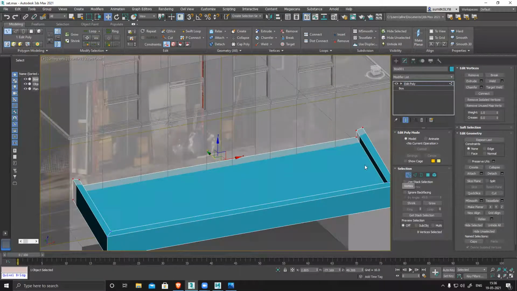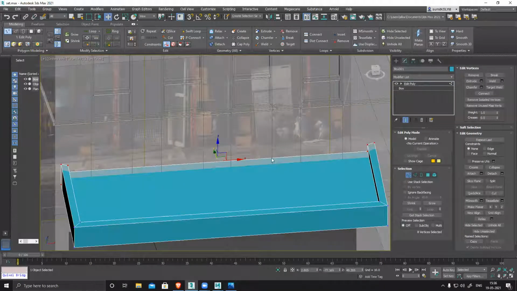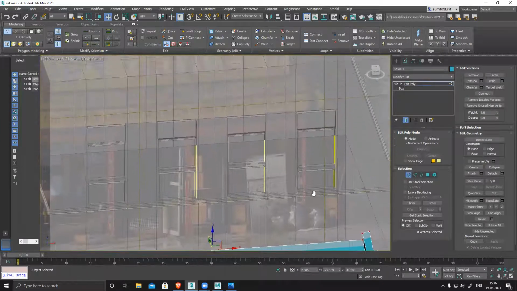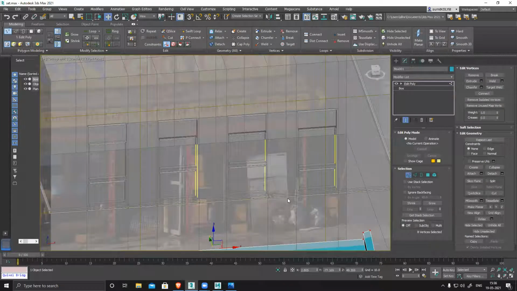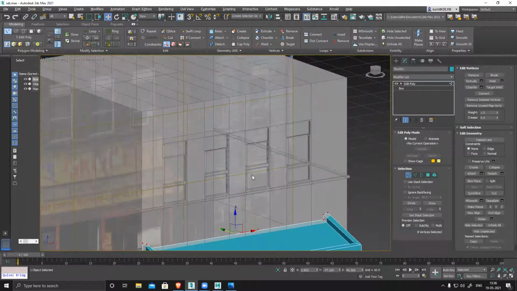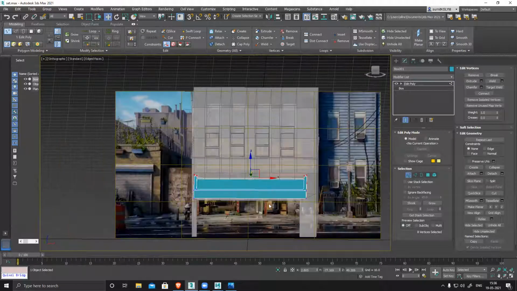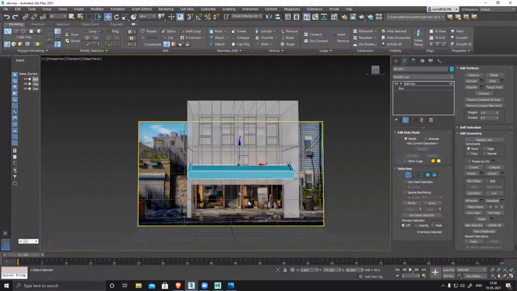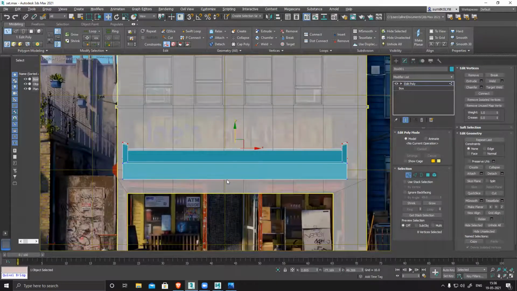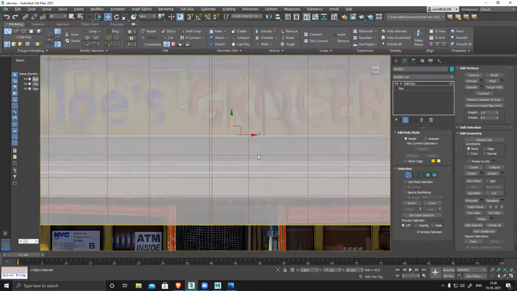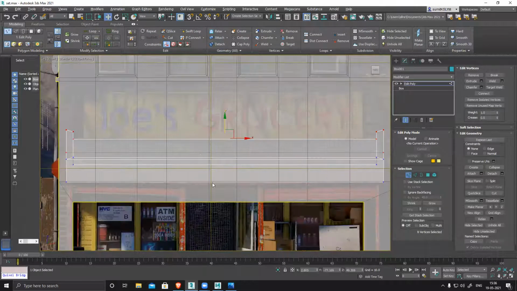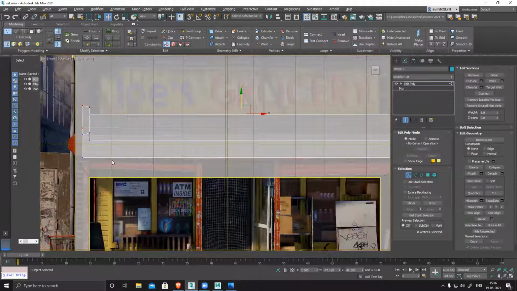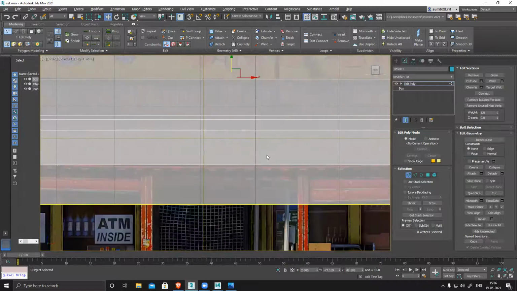If it's not inside, then it will be a problem because this section is not visible in the image. You can see here, it's going inside and ends there only. It should be a straight, clear cut. Now, front, Alt X. So now this part is fine. It works perfectly. But this section, you can see there is an angle. It's slightly crooked. There's a deformation.